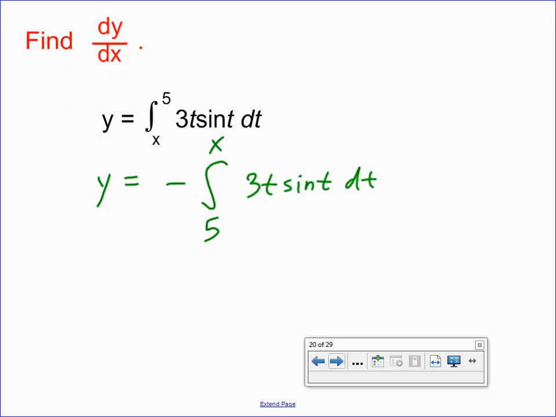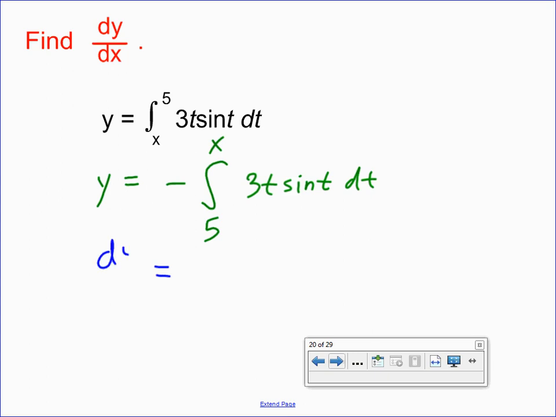No, it doesn't matter. It's simply going to be the integrand function evaluated at my upper limit, times the derivative of my upper limit. Because my lower limit is a constant, if I could find an antiderivative function and evaluate it, that big F of A is just going to be some constant. And when we differentiate, we'll get 0. So this is simply going to be